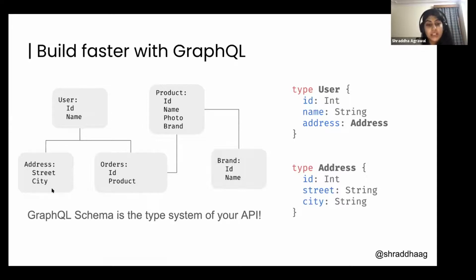Others working on the same API might find it troubling when they are getting a PIN code that is not documented. They did not expect it. That problem is solved by GraphQL, as the GraphQL schema itself is self-documenting. It has all the type system of your API, and anybody using the API can simply fetch it using an introspection query. So this is again a solved problem with GraphQL.